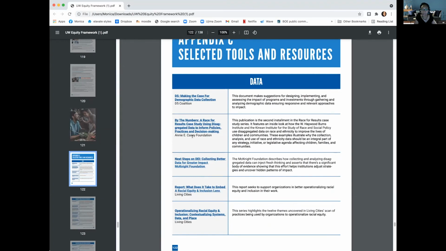And the Annie E. Casey Foundation is the one who pulled together this data. And then you'll go to the second column where it explains what is the purpose of this publication. Well, this publication is the second installment in the Race for Results case study series, and then you'll go from there.